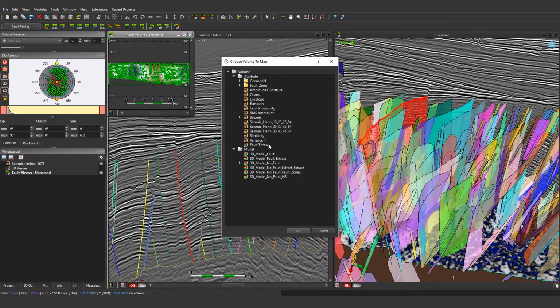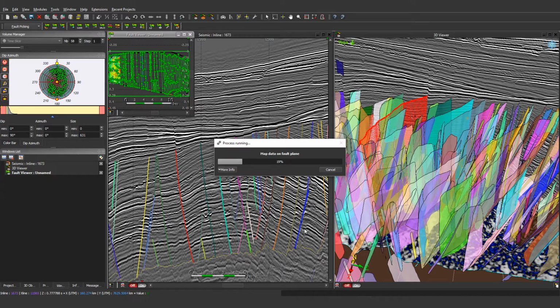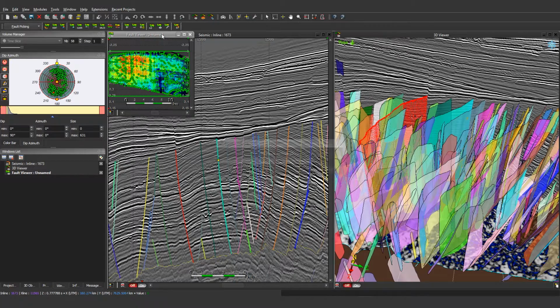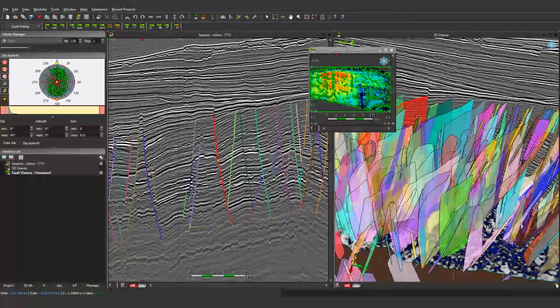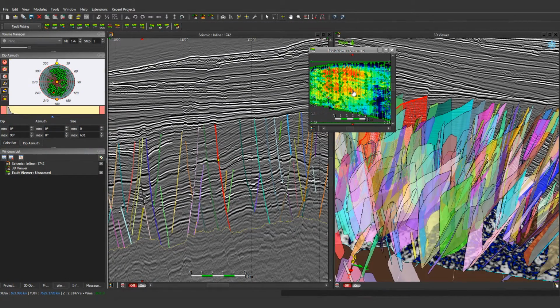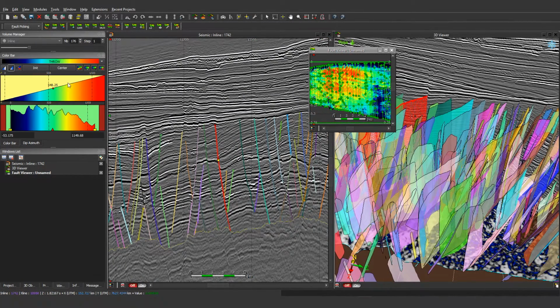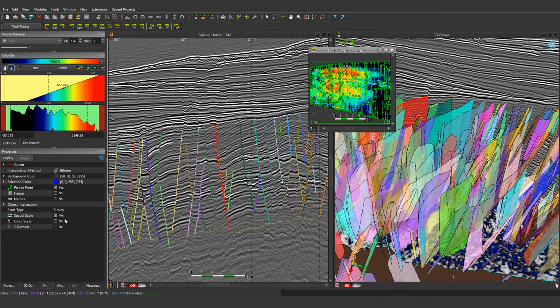And then we can decide to, for instance, map a specific attribute like the fault throw onto each fault plane. So for that, you just select the fault, and then as soon as you select the attribute, this attribute will be mapped onto the fault plane. We can see here on the fault viewer the fault throw, okay, the distribution of the throw onto this fault plane. And by using the cross navigation system, we can directly point on the maximum of throw of the fault, okay. And of course, the viewer is very interactive with the color bar.